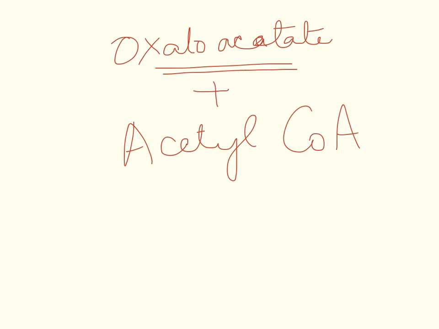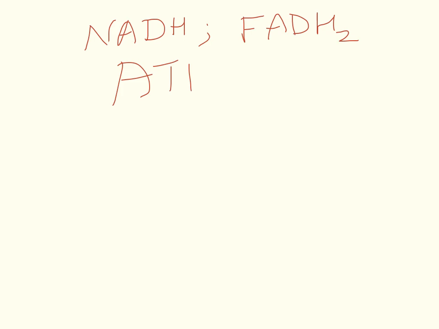So in one turn of the citric acid cycle, 3 NADH molecules are produced, 1 FADH2 is produced, and ATP molecules are produced. Okay, so if we write this entire cycle in one reaction, acetyl coenzyme A